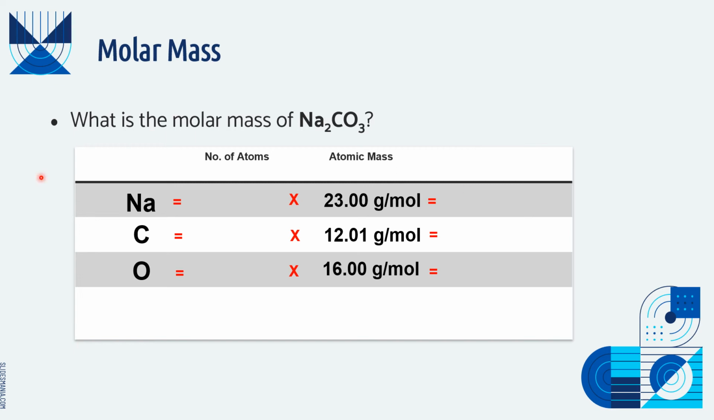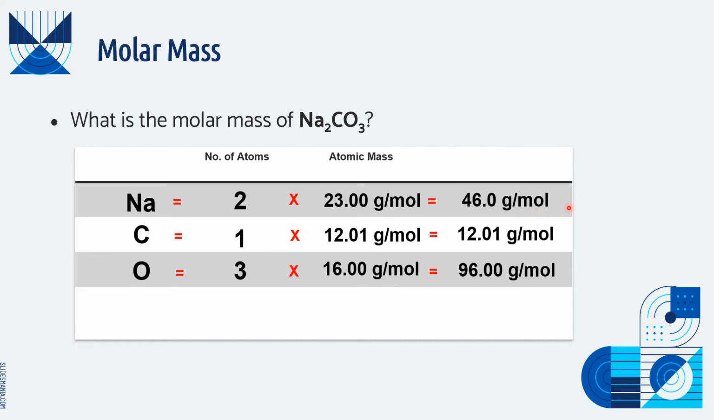How many atoms of sodium are there in sodium carbonate? That's correct. That's 2. How many atoms of carbon are there in sodium carbonate? There's only 1. How many atoms of oxygen are there in sodium carbonate? That is 3. So 2 times 23, the answer is 46.0 gram per mole. 1 times 12.01, the answer is 12.01 gram per mole. And 3 times 16.00 gram per mole is